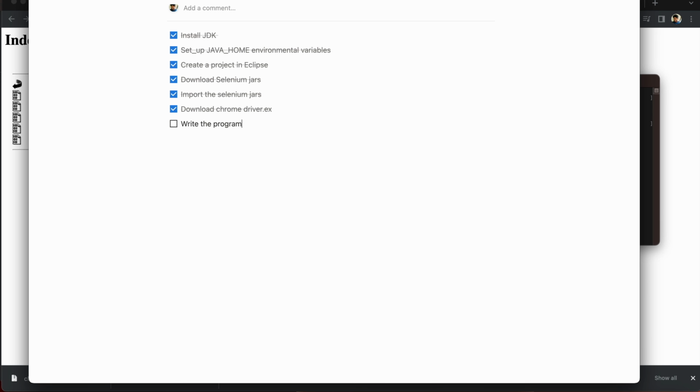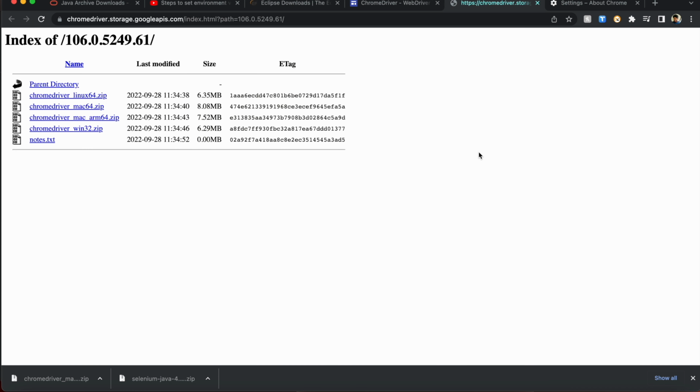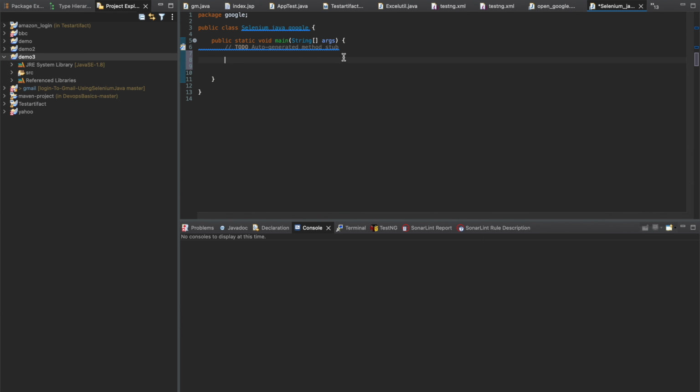Write the program to launch a browser. Everything's going to be done now. This is the last step. All right, but so far I hope you are not jammed anywhere, you're not stuck. So